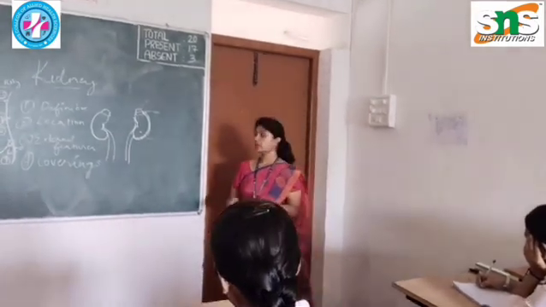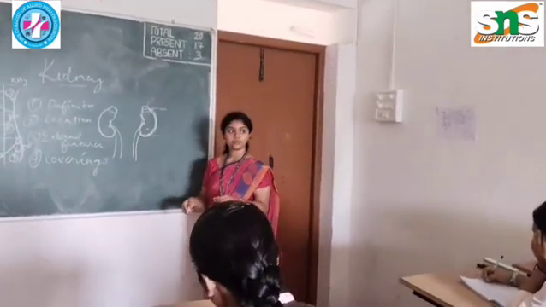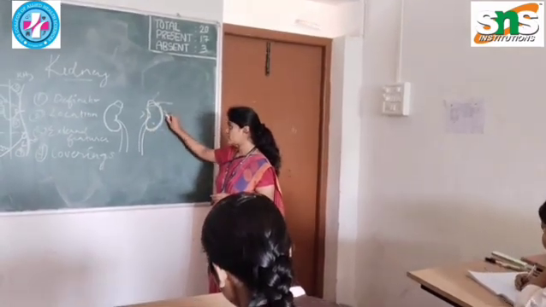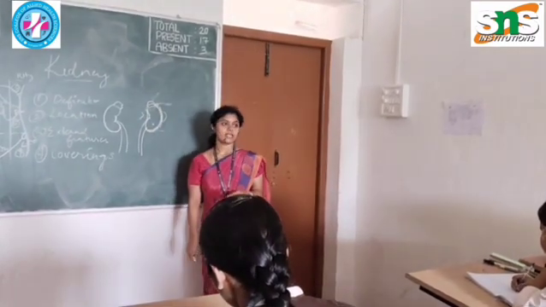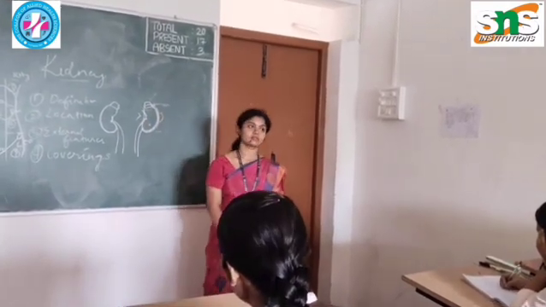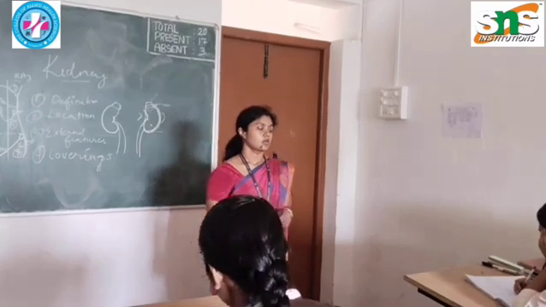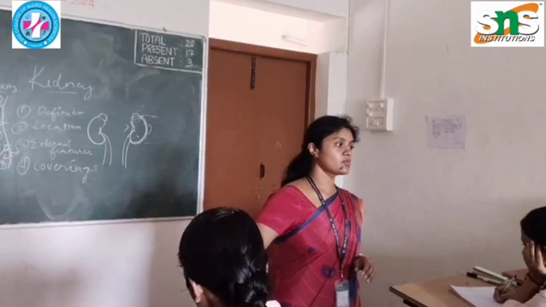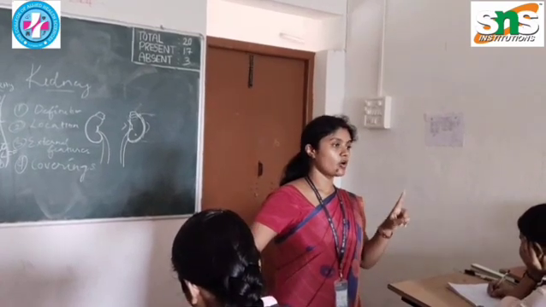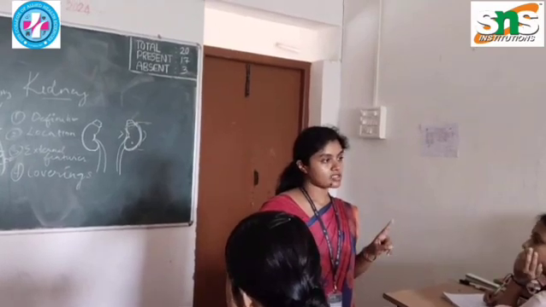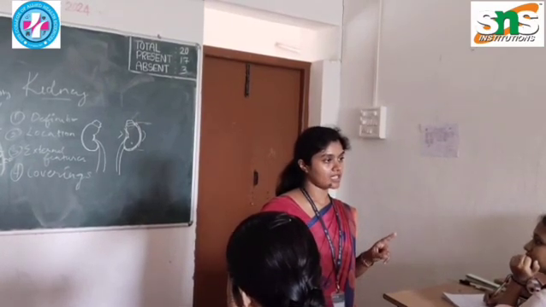And looking at your lateral and medial border, your medial border is convex and lateral border is concave. Okay, fine. Everybody understood this. So we are talking about the borders. We will be having four borders: upper border, lower border, medial border and lateral border. Your upper border is covered by your adrenal gland. Lower border is